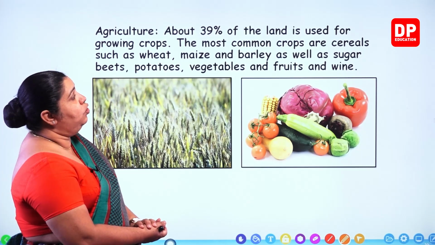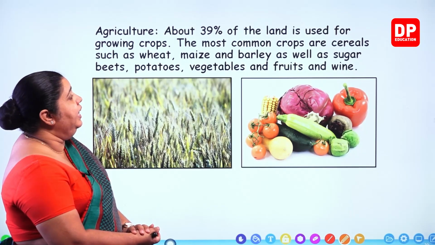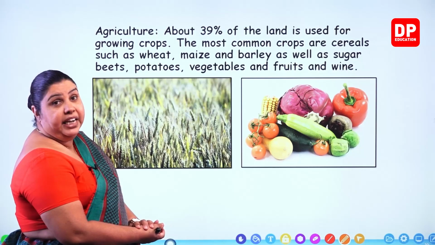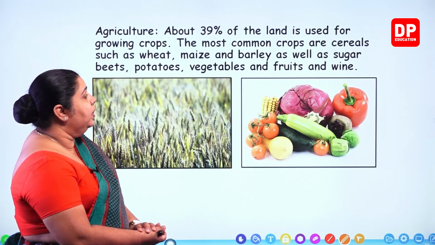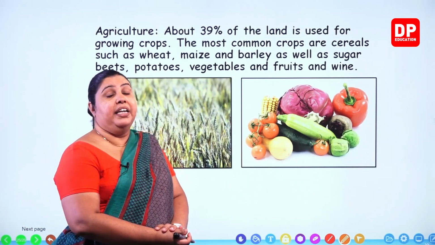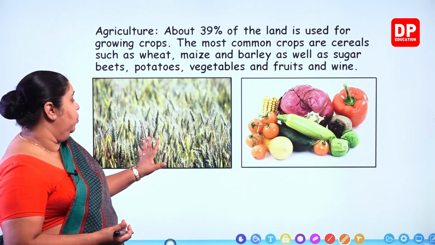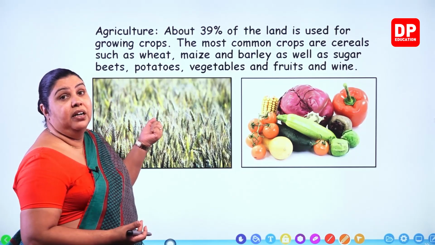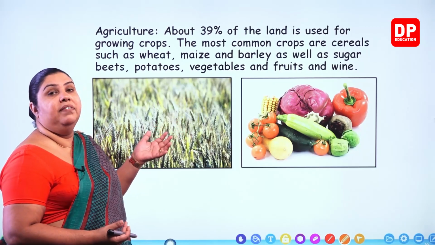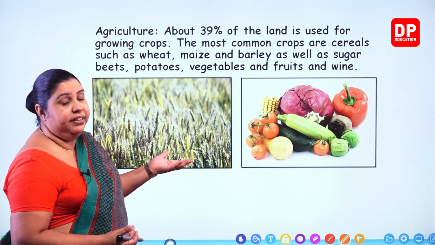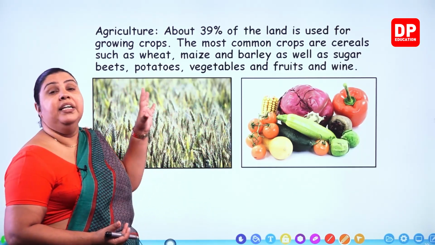The most common crops are cereals such as wheat, maize, barley, as well as sugar beets, potatoes, vegetables and fruits and wine. එතකොට මොනවද පුතේ වයින් වලට නේද? වයින් වලට ප්‍රසිද්ධයි මේ යුරෝපා රටවල්. ඒ වගේම පුතේ හුඟක් ලෝකේ වැඩි ප්‍රමාණයක් මේ සීරියල් වර්ග, ධාන්‍ය වර්ග නිපදවන රටවල් තියෙන්නේ. ලෝකේ හුඟක් රටවල් වලට ධාන්‍ය වර්ග අපනයනය කරන මහද්වීපයක් තමයි මේ යුරෝපා මහද්වීපය සහ ඒකේ තියෙන